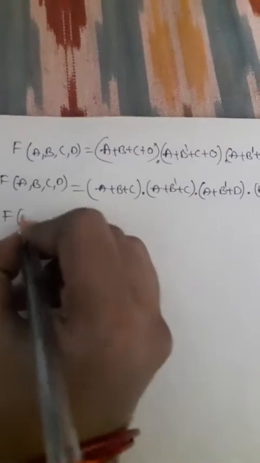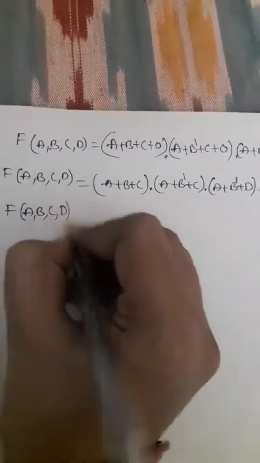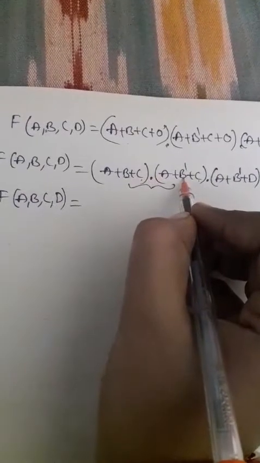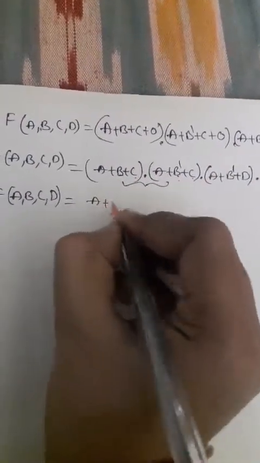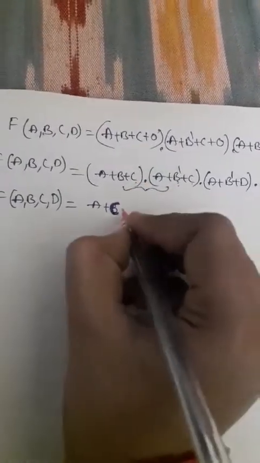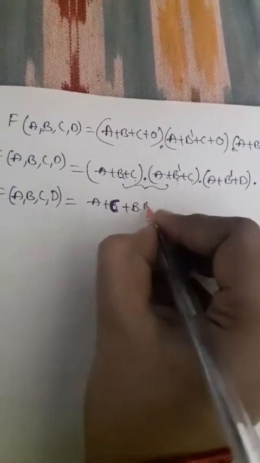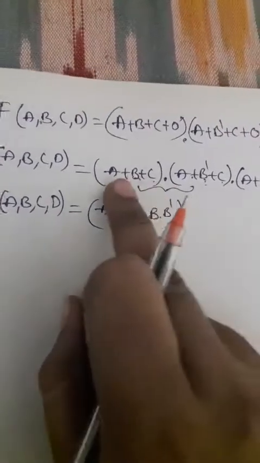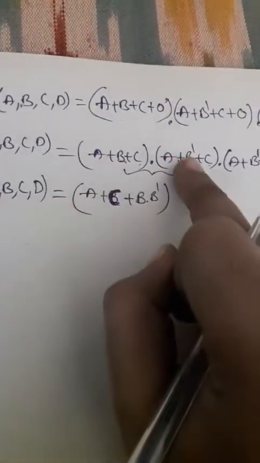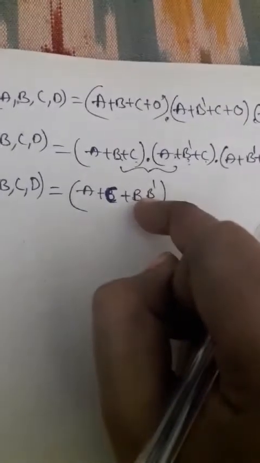Okay, so now again we have to reduce this equation. One more possibility we have to reduce. What is that possibility? In these two terms, A plus C is common and the other term is B into B complement. So again we'll use the distributive law, that is A plus C as common and the remaining term is B into B complement. Again check it, is it right or wrong? A plus C plus B, that means A plus B plus C will give one function, and coming to the second term, A plus B complement plus C, that is also one term, right? So nothing will happen, you can write it like this by using the distributive law.